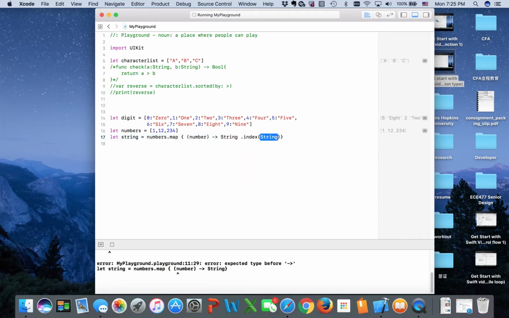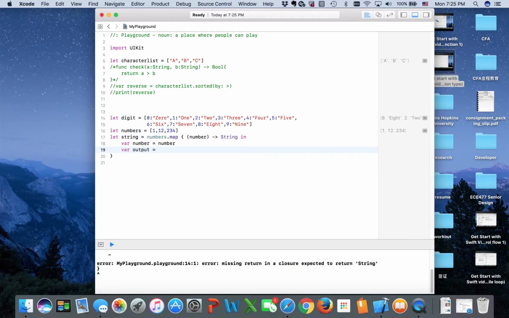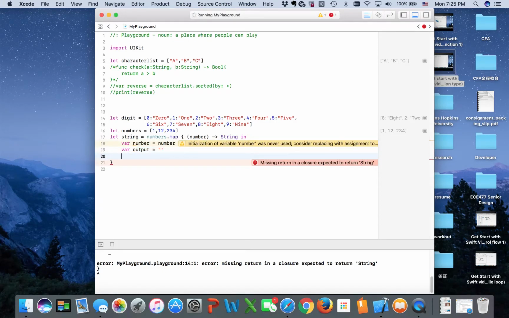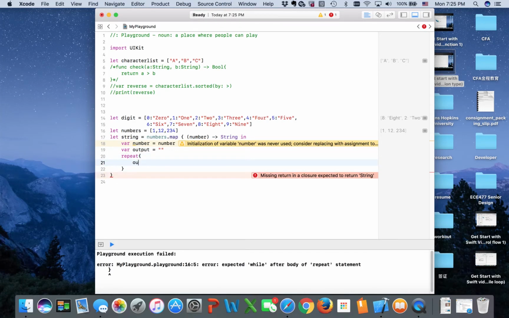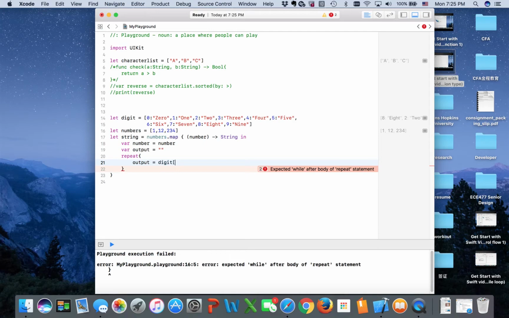Okay, we see, oh, not index. Okay, so we define a number which is equal to the current number. Okay, and we define an output which is an empty string that we're going to use to store our transferred value. And we say repeat. Okay, it kind of does an action. So output is equal to the digit number